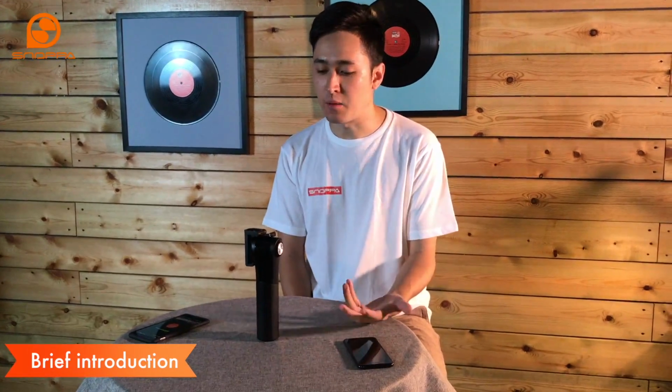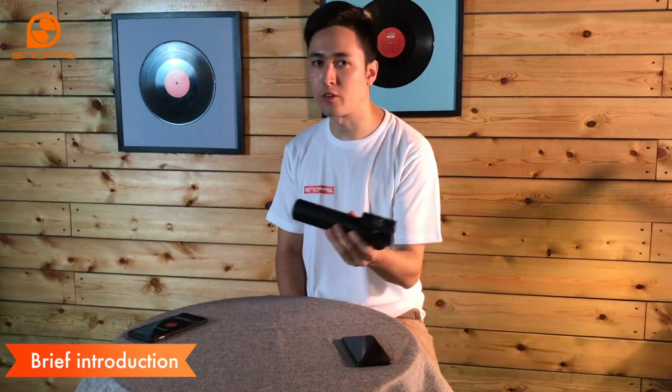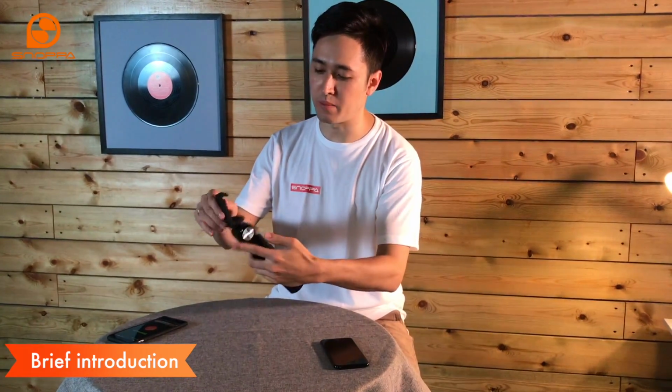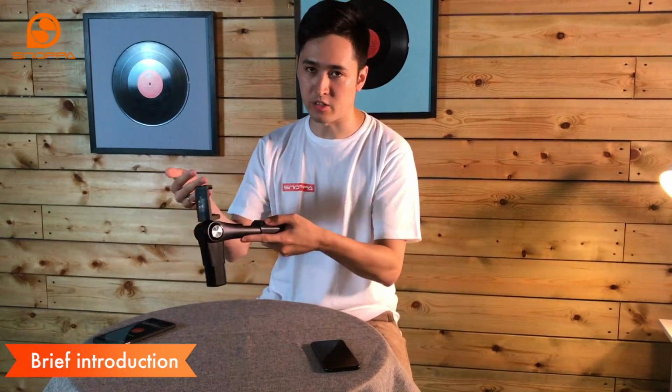Hey, I want to tell you a little bit about the Snoppa M1. The M1 is a foldable stabilizer. It's really easy to use. When it's folded up, you can throw it into your bag, backpack, whatever, you're ready to go. When you want to use it, it's really easy. You just unfold the mount, lock it into place, pull the device open, mount your phone, and you're pretty much